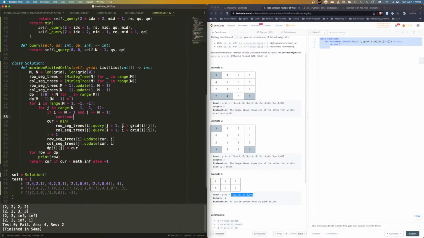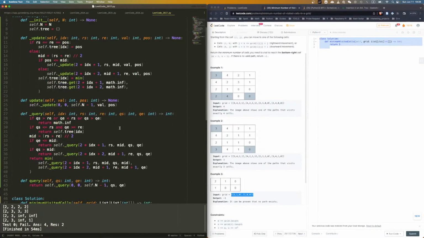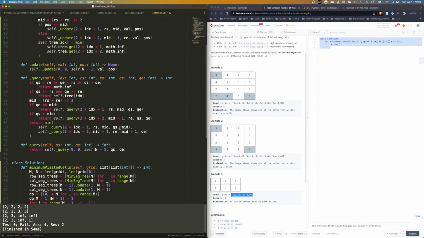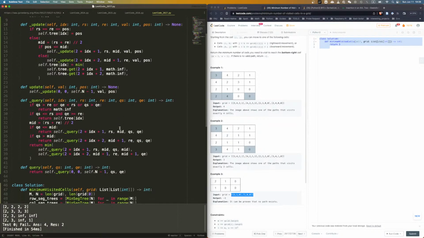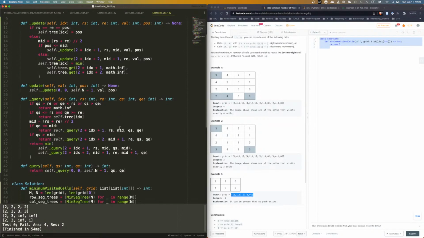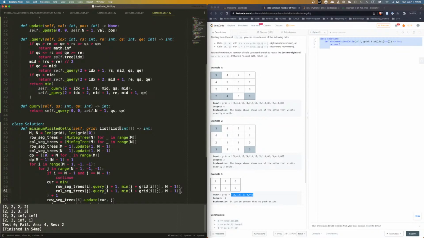What if I minimum this thing? Just throwing ideas at it. Nope. Did I do this query thing wrong? That's the thing. I don't know if it's correct. I think it's correct, but